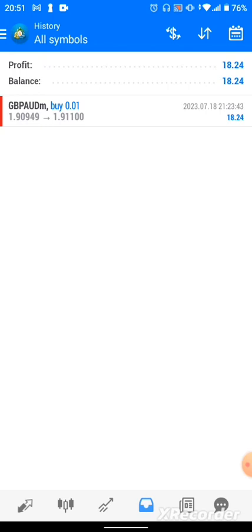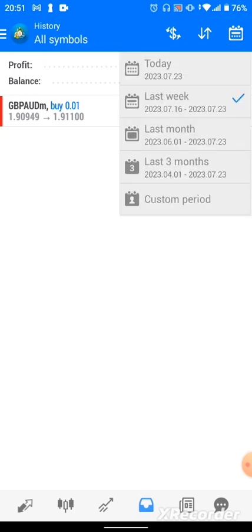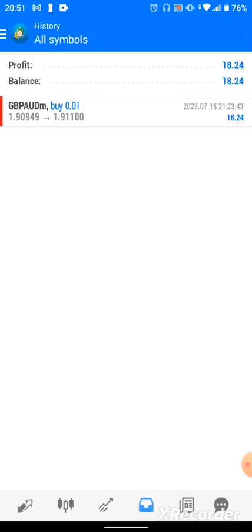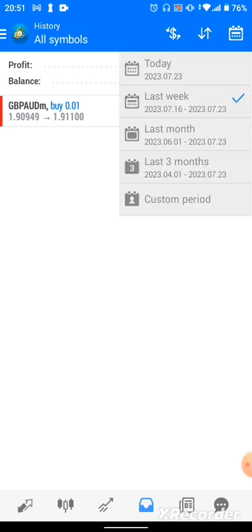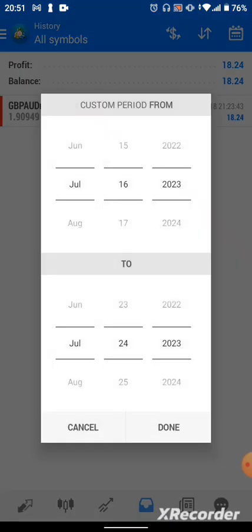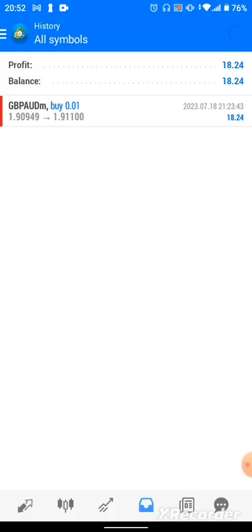Here you'll be able to check out your history. If you want to check your monthly history, like how did I do last month, how did I do last week, how am I doing today, how did I do in the last 3 months, you literally select or customize your own period, say I want to check my history from maybe last year or from January. This is where you'll be able to do it. So moving right along,